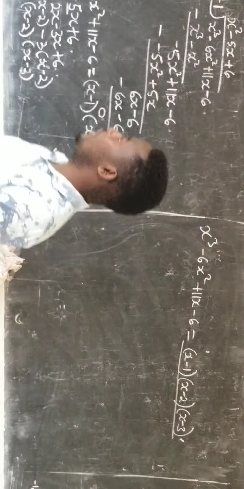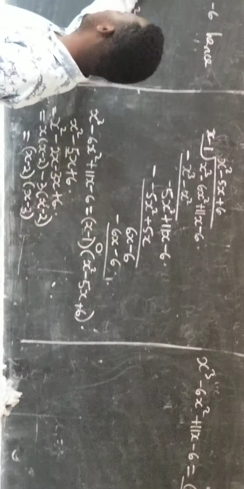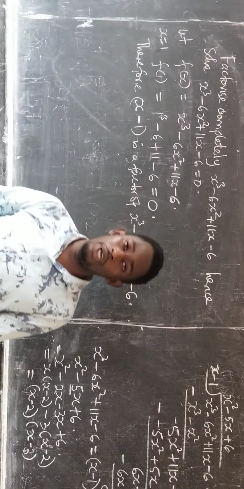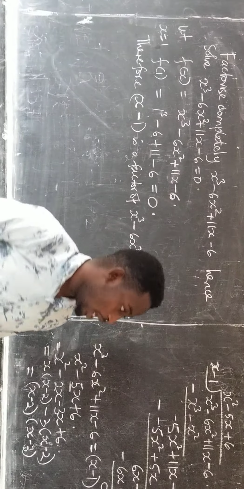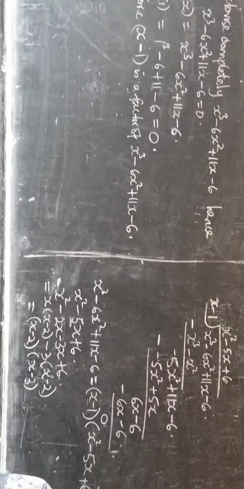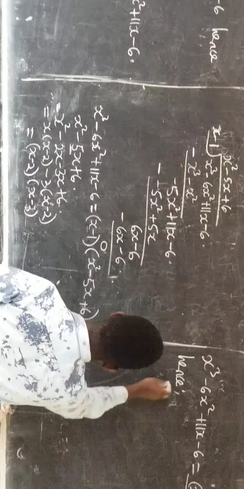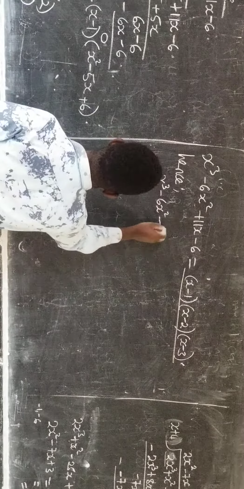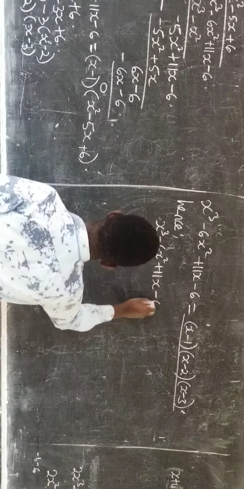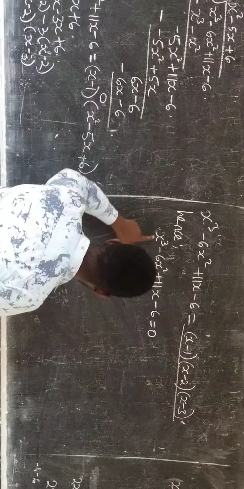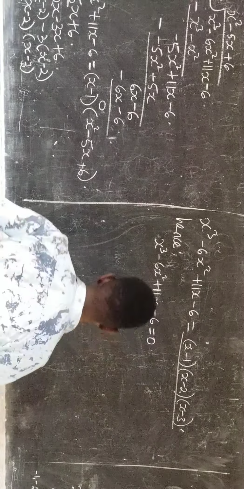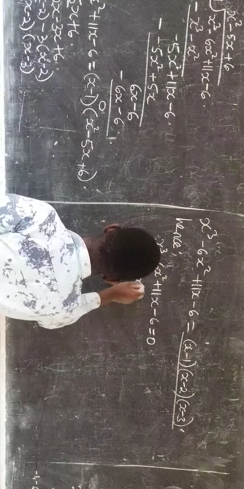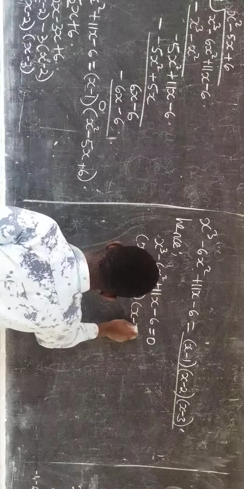However, the question doesn't stop there. The question says, do what? Hence, solve. So I'm going to solve when the equation is equated to 0. So if I'm solving, hence, if I have x cubed minus 6x squared plus 11x minus 6 is equal to 0, I'm going to substitute my completely factorized expression, x minus 1 into x minus 2 into x minus 3,